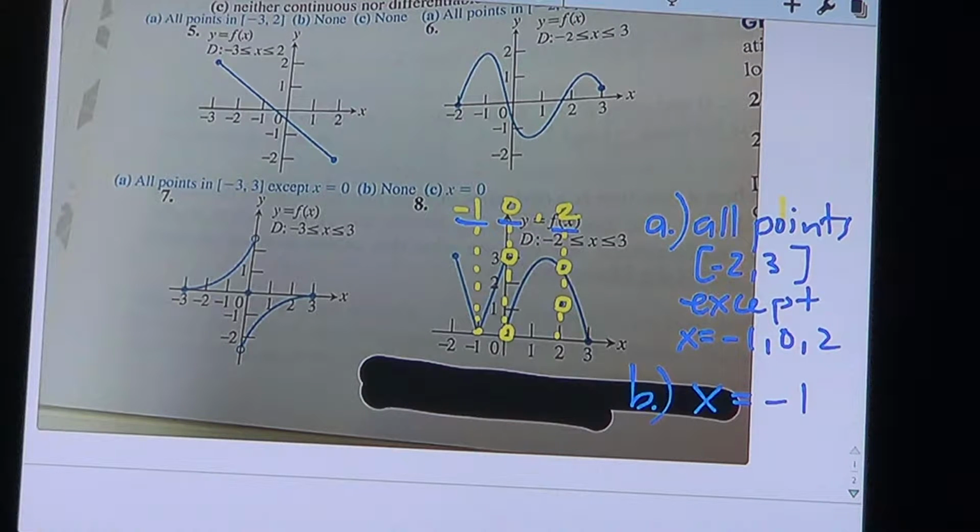And then part C says, where is it neither continuous nor differentiable? So where is it not continuous? 2 and 0. Is it making any more sense? Kind of. So if you look at 7,